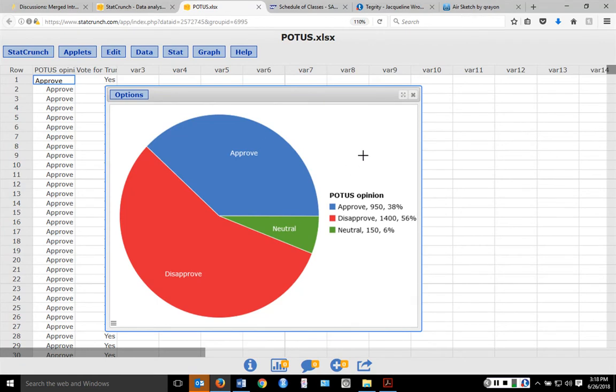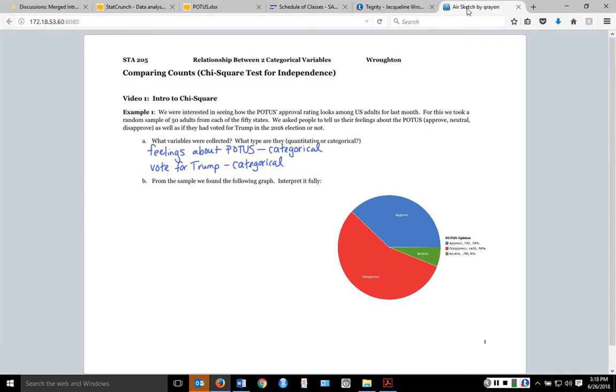There's two different ways I could get that here. I could add up the 950, the 1,400, and the 150 to get that 2,500. I can also see that in the problem since we took a random sample of 50 adults from each of the 50 states. So if I took 50 times 50, that gives me my 2,500 that I've also sampled here. So interpreting our pie chart, of our 2,500 U.S. adults sampled,